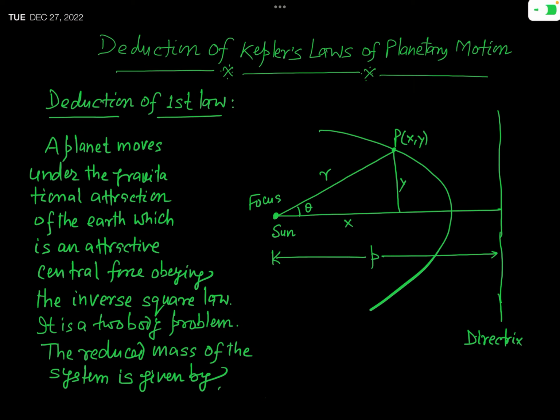Here I have shown in this figure that this is just any arbitrary trajectory along which a planet is moving, and we have considered that at the focus of this conic the sun is situated, and at this position P the planet is located. Okay,